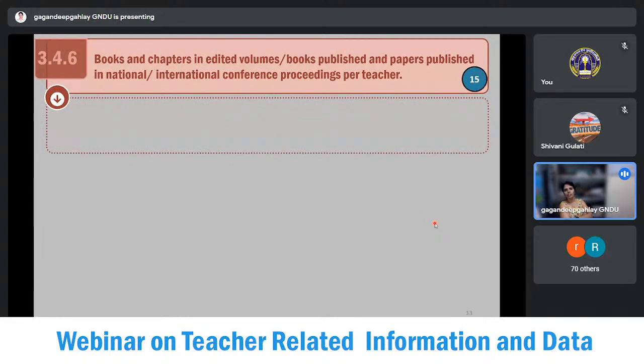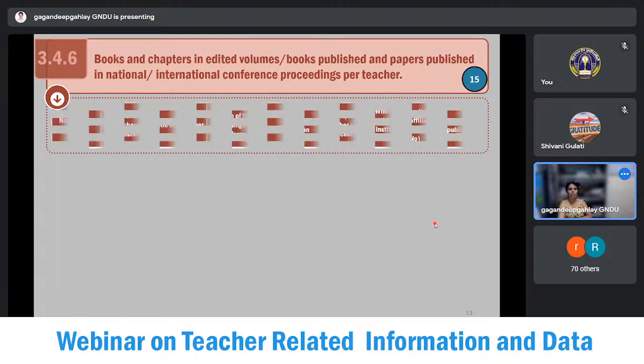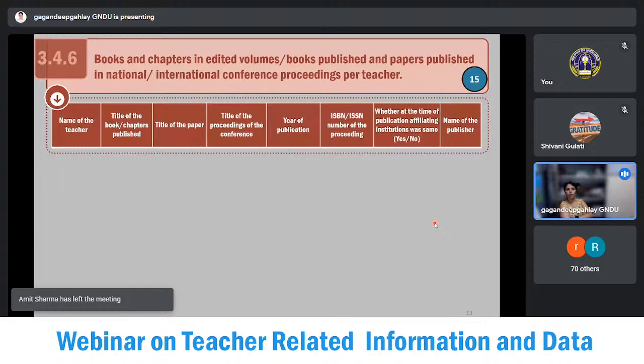And these are those books and chapters which are either in edited volumes or are new books published. And in addition, we can also talk about conference proceedings in which papers have been published, either at national or international level. So you will give the name of the teacher. If it is a book or a chapter, you will provide the title of the book or the chapter. If it is a paper published in a proceeding, then you will give the title of the paper, the title of the proceedings of the conference,